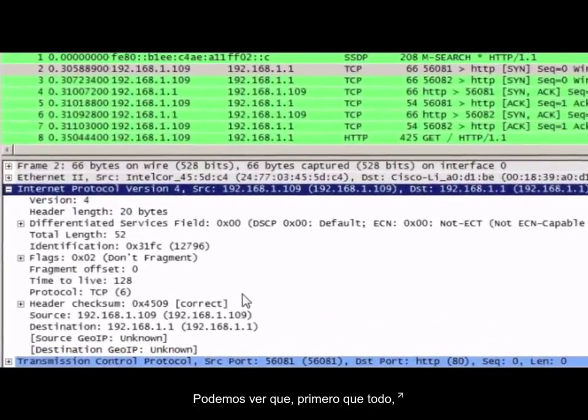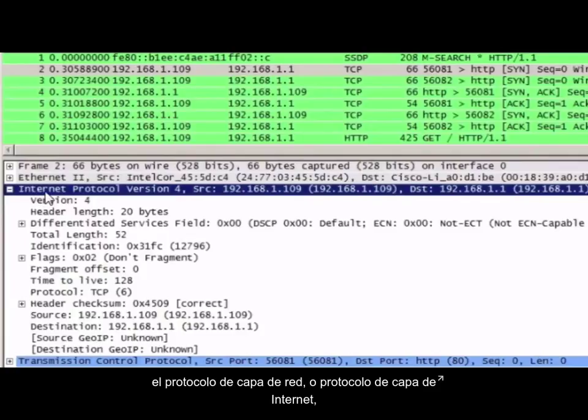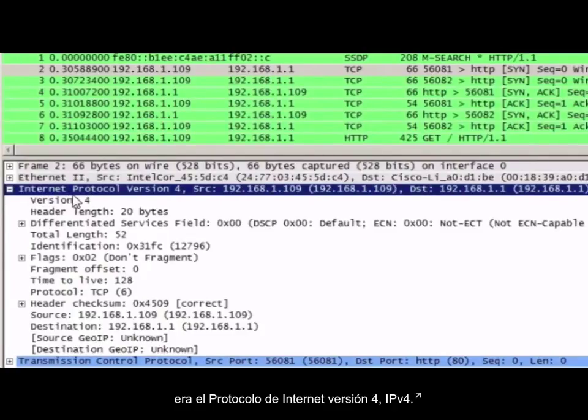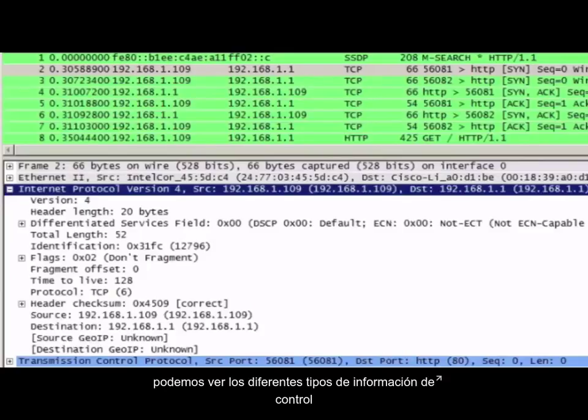We can see that, first of all, the network layer protocol or internet layer protocol that we were dealing with was Internet Protocol version 4, IPv4. We can also see that the source IP address was 192.168.1.109. You can see it also highlighted up here in the packet list window area, and that the destination IP address was 192.168.1.1, and we can also see that up here. We can see that at the higher layer, this is a TCP protocol packet, but if we limit ourselves to just the IPv4 fields or the IPv4 information, we can see the different types of control information that's contained in